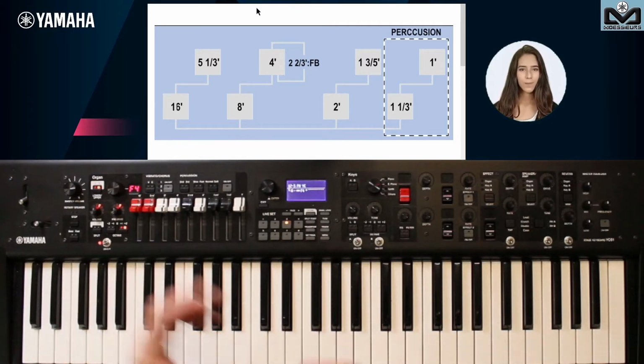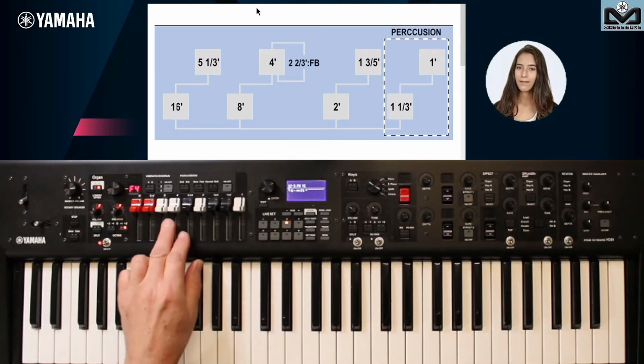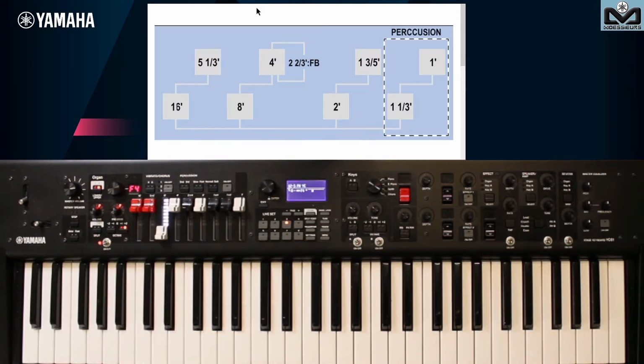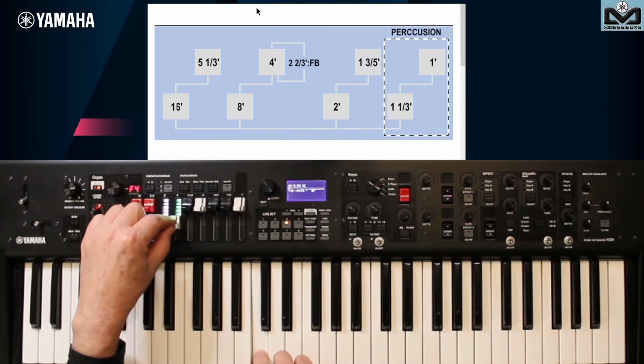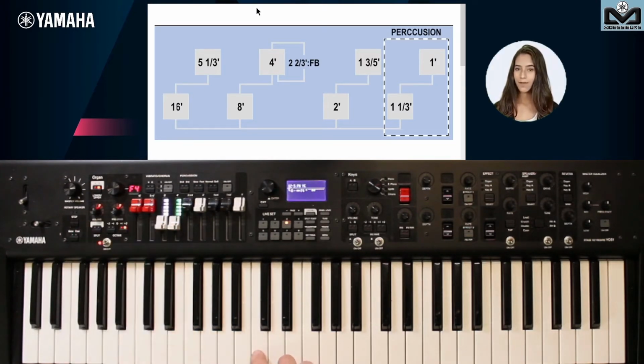This is the basic FM principle, example here with the carrier on drawbar number 8. With its modulator on drawbar 4, we also have a particularity, this small loop where it is written 2 2/3 FB for feedback. Feedback adds energy to the sound.